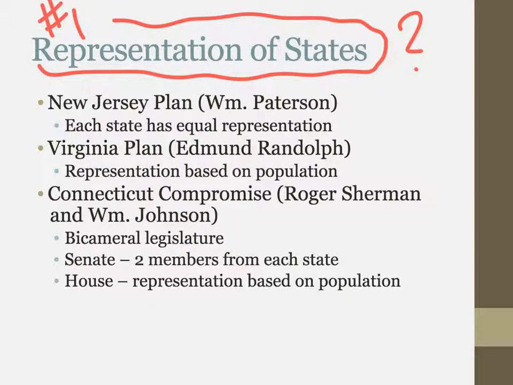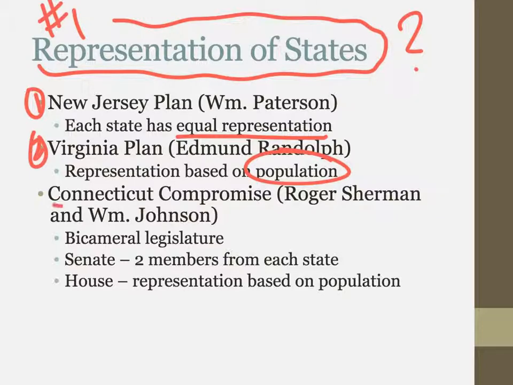Well, two plans are really put forth, and they look at the two different sides of what was going on in the colonies. Number one is the New Jersey plan, put forth by William Patterson. In it there would be one house, and much like the Articles of Confederation, every state would have equal representation. Well, Virginia wasn't too big on that because they had more people than any other state. And so Edmund Randolph puts forth the Virginia Plan and says, hey, let's base it on population. That's much more important. So they argue.